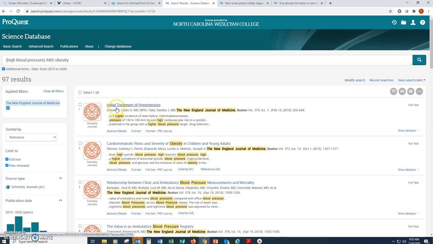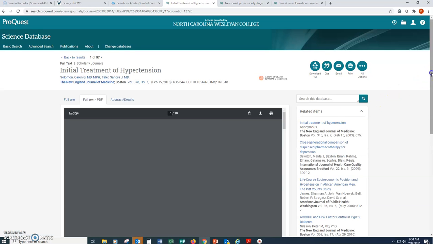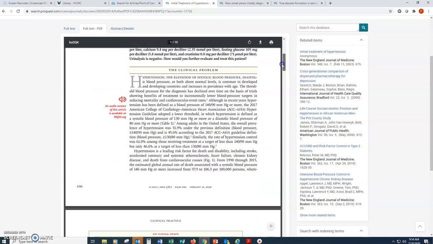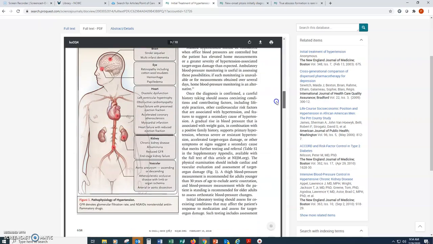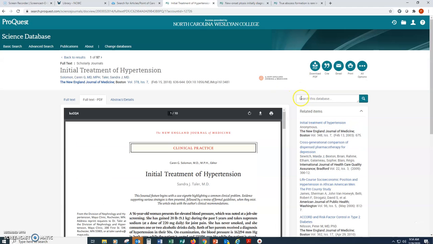So this first one, I'll just click on Initial Treatment of Hypertension, the New England Journal of Medicine, volume 378, published February 15th, 2018. I'm going to click full text PDF. And again, here's your full text PDF article. Here's the title, the author. It gives you an overview of what the research is about and all of the data that pertains to this article. And once again, nothing has changed here at the top. You can download, email, print,